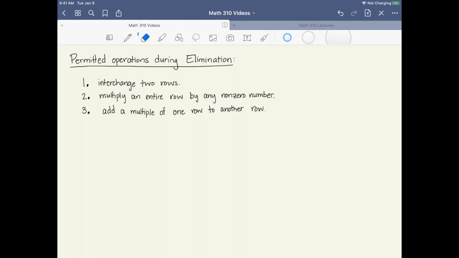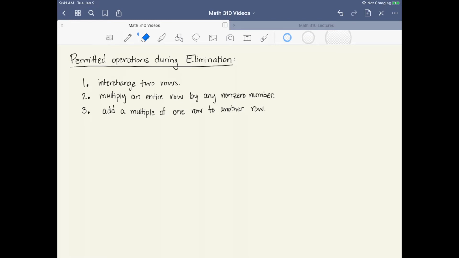Hello! The purpose of this video is to run through a couple of examples in which we solve a system of equations using matrices to demonstrate how row operations work, what's allowed, what isn't allowed, and how to find the solution. So let me review something that I've mentioned before, and these are the permitted operations during the process of